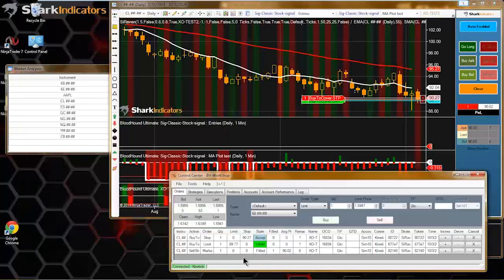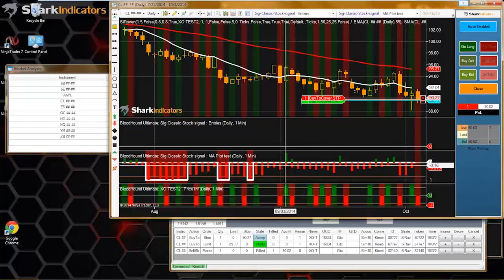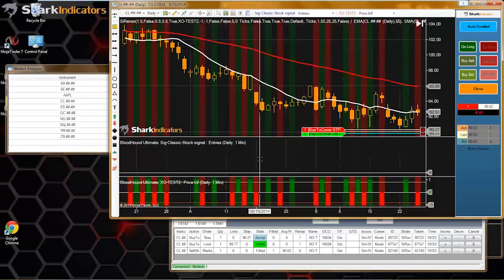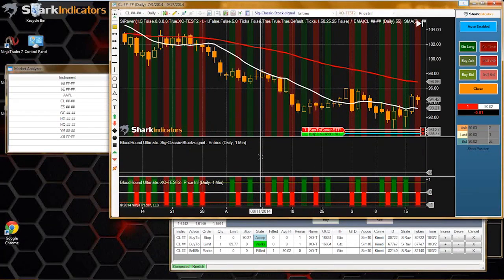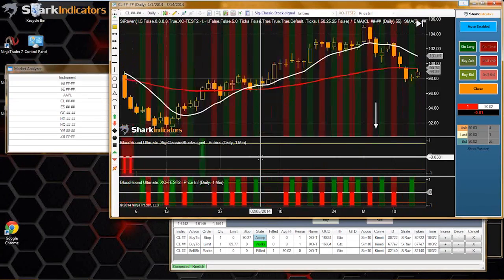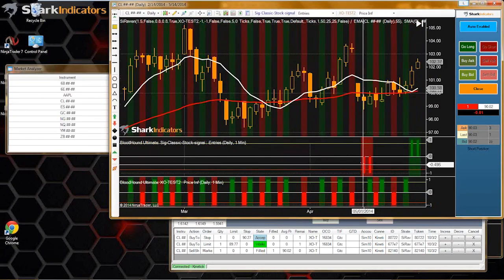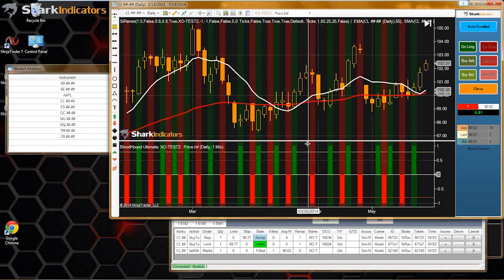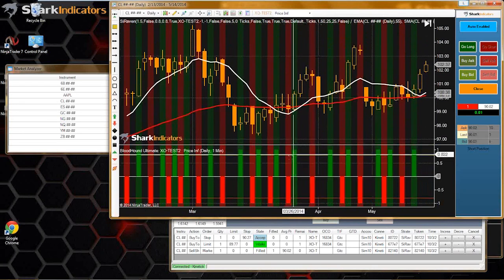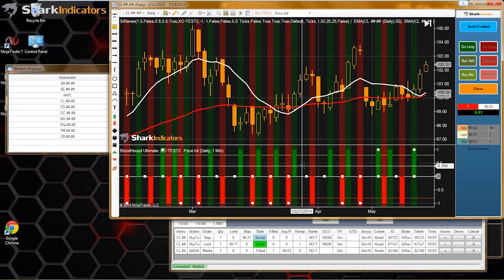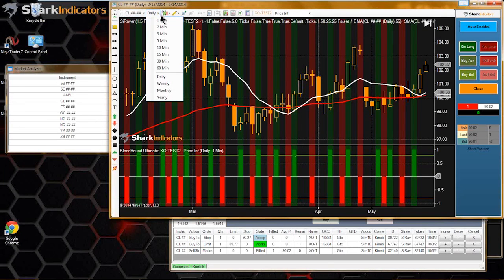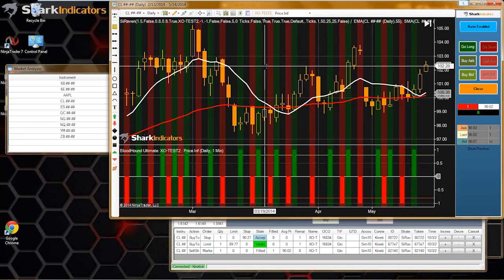Order pending. And let me get rid of some of these bloodhounds on here. All right, so I removed all the bloodhounds, and all I have on my chart is just Raven. Right, so this is Raven on the chart now. And I need to change my chart to